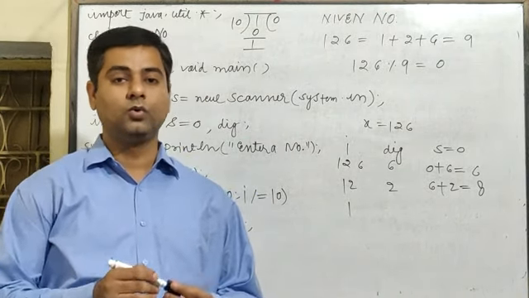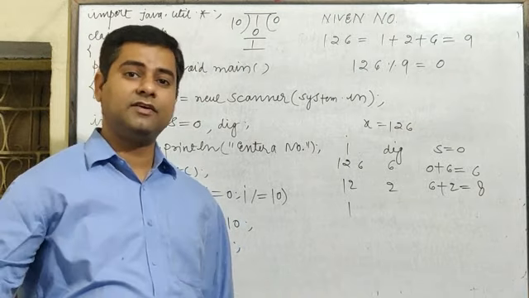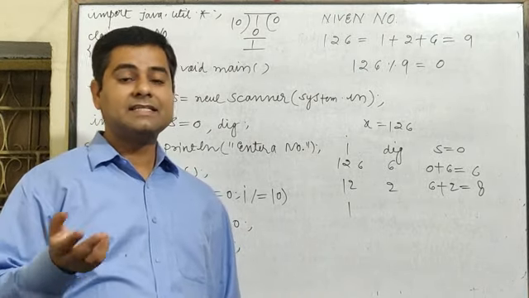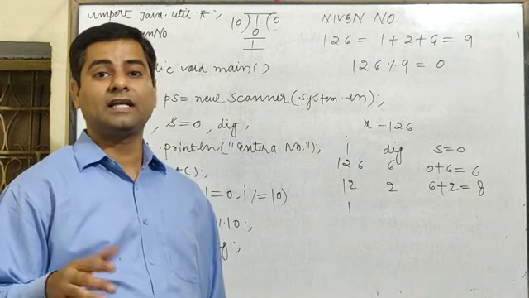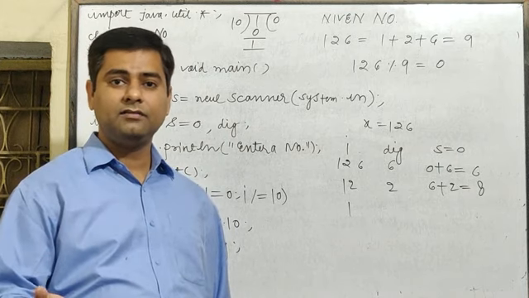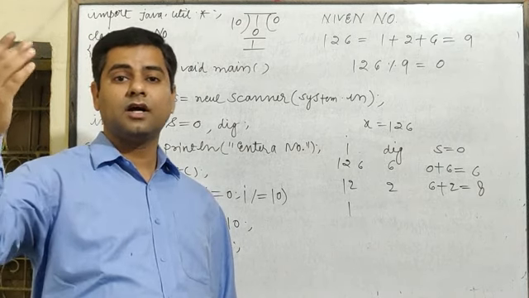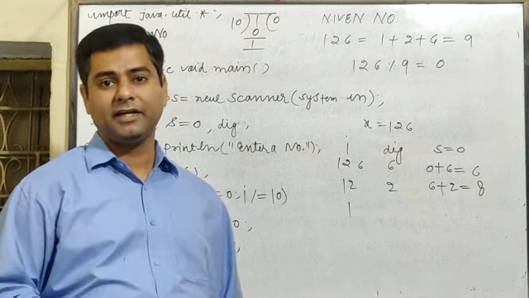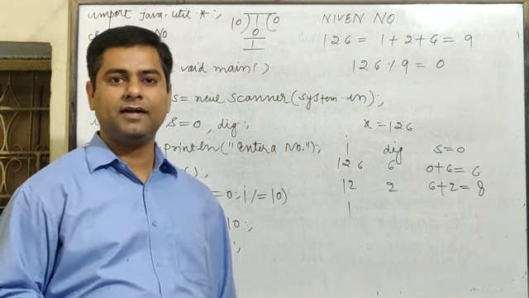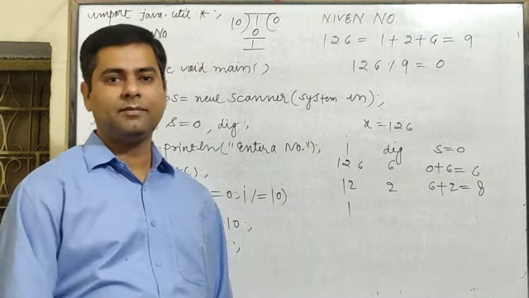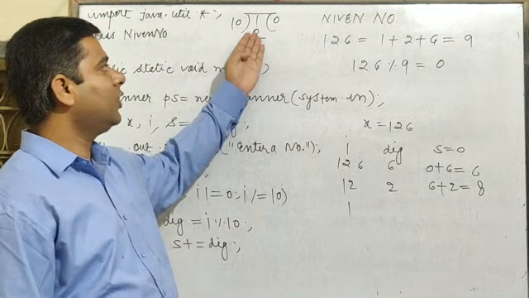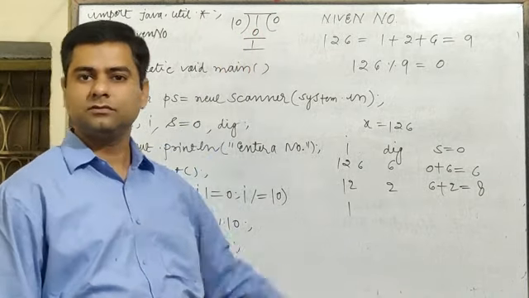2 modulus 10, 2. 3 modulus 10, 3. 3 modulus 100, 3 remainder. 4 modulus 100, 4. 60 modulus 100, the remainder will be what? 60. 70 modulus 100, 70. 1000 modulus 10,000, 1000 will be the remainder in integer. Okay. 6 modulus 8, 6 will be the remainder. 7 modulus 10, 7 will be the remainder. So this way, 10 will divide 1 zero times only. 10 into 0, 0. 1 minus 0, 1.